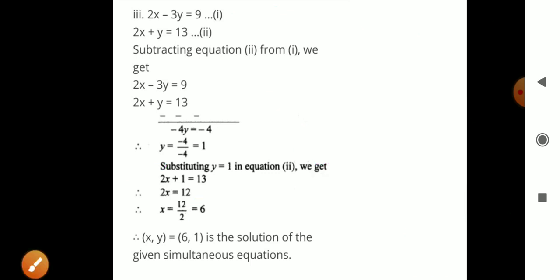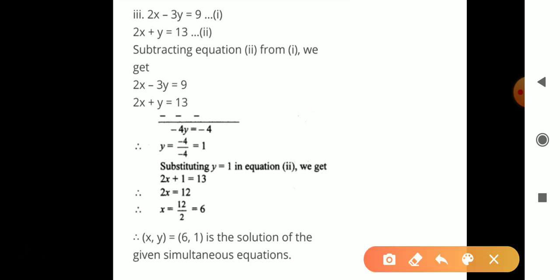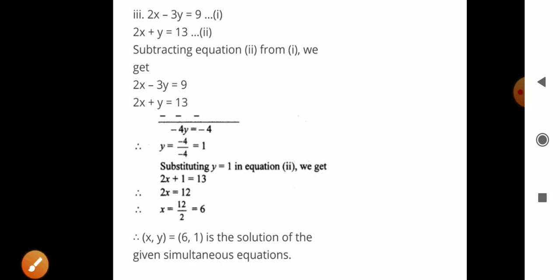So here we get the solution. Always write the value of x first. So the value of x is 6 and the value of y is 1. So this 6 comma 1 is the solution of the equation. Okay, so thus we solved the 3 equations